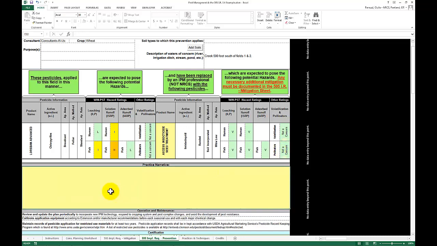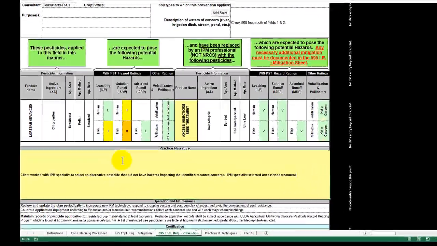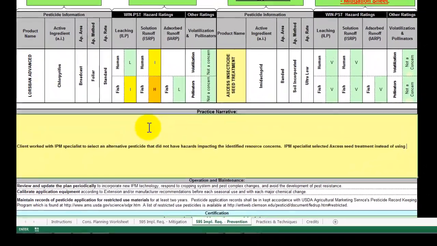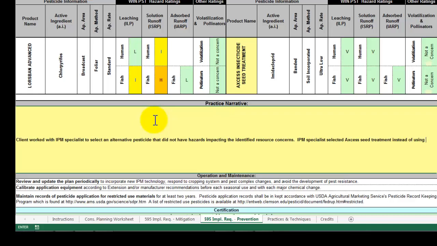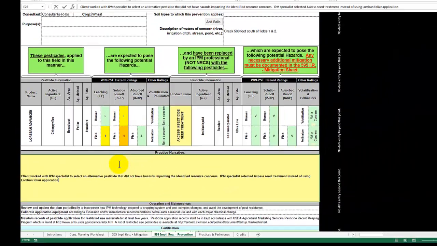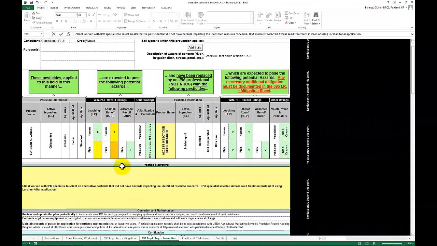And at this point, you would then describe what happened, for example. So once the details are filled out